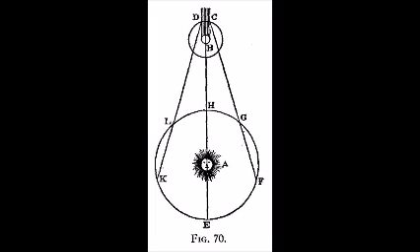The setup as used by Fizeau consists of a beam of light directed at a mirror 8 kilometers, 5 miles, away. On the way from the source to the mirror, the beam passes through a rotating cogwheel. At a certain rate of rotation, the beam passes through one gap on the way out and another on the way back, but at slightly higher or lower rates, the beam strikes a tooth and does not pass through the wheel. Knowing the distance between the wheel and the mirror, the number of teeth on the wheel, and the rate of rotation, the speed of light can be